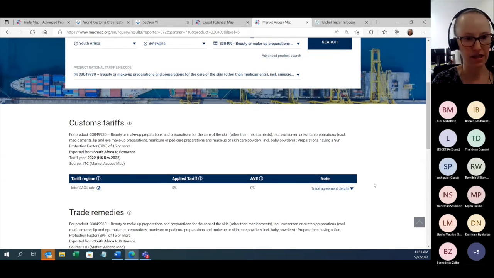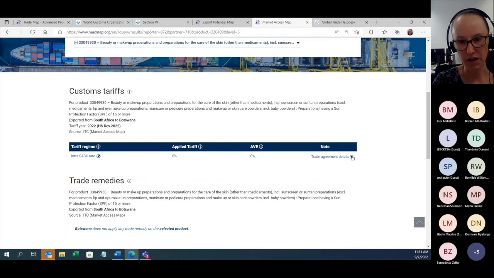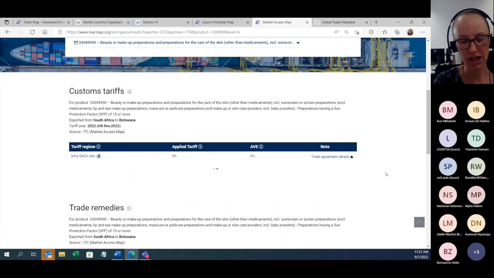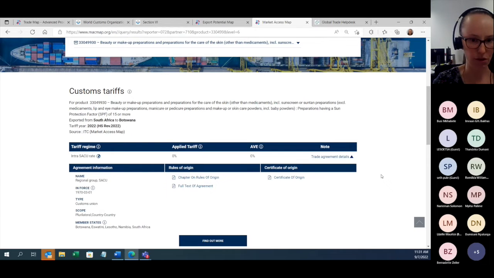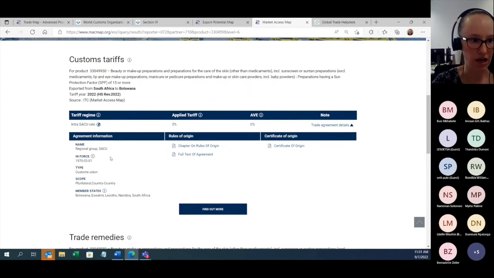And right away, we see the tariff that would apply to sunscreen exported from South Africa to Botswana. We see that it is 0% because, of course, both these countries are part of the Southern African Customs Union. If we click on trade agreement details, we get information about where this 0% tariff comes from. It's because of the regional grouping for SACU. It gives us the member states, it gives us the entry into force. And in order to qualify for this 0% tariff,